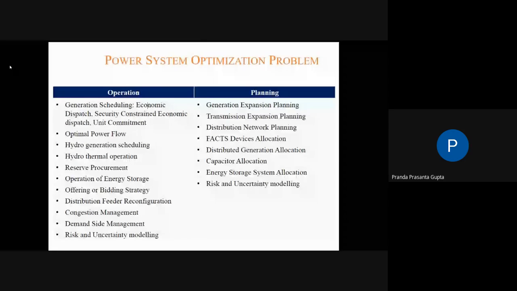Modeling is also doing operation as well as planning also. So these are the power system optimization problems which can be handled in operation as well as planning. Okay. Now,